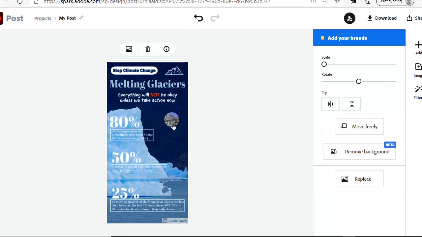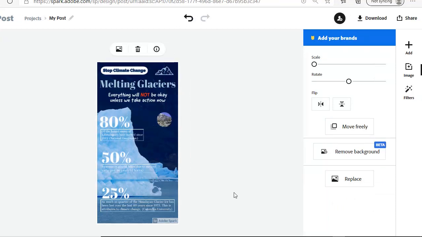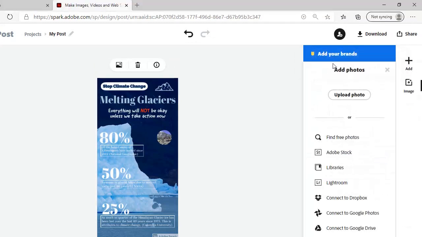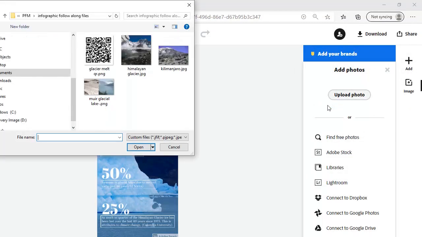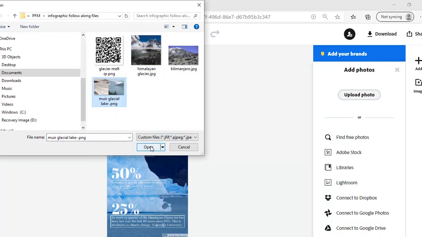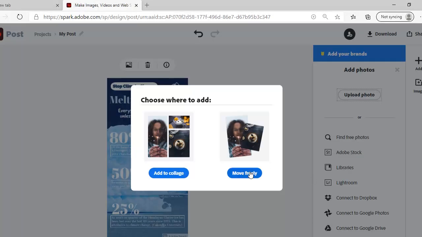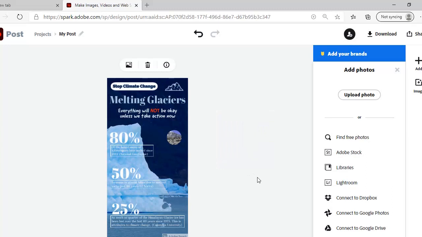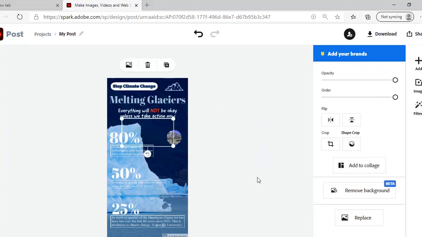So I've given a little artistic touch. Next, I'll try to add something here. So I'm just trying to make sure that it is in line with this percentage. So I will add another photograph very quickly, and I'm going to upload this photograph. So this is about glacial lakes. I'm just going to pick up a photograph and upload it. And this is like a little bit of hit and trial and sizing work. So I'll just try to make this almost identical to this particular one that I had done previously,